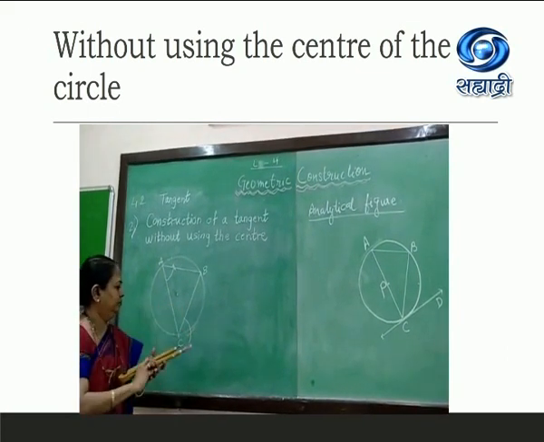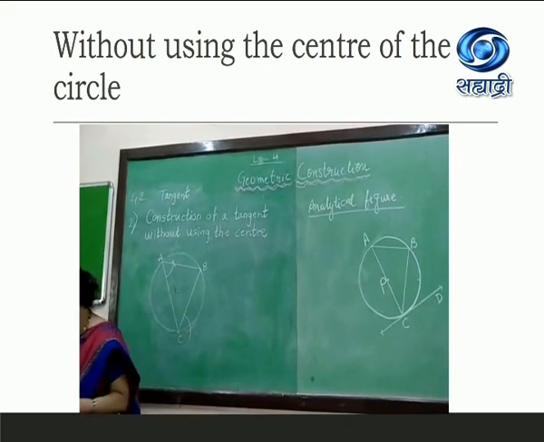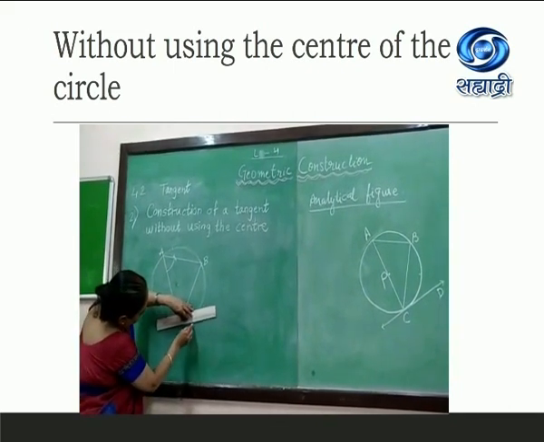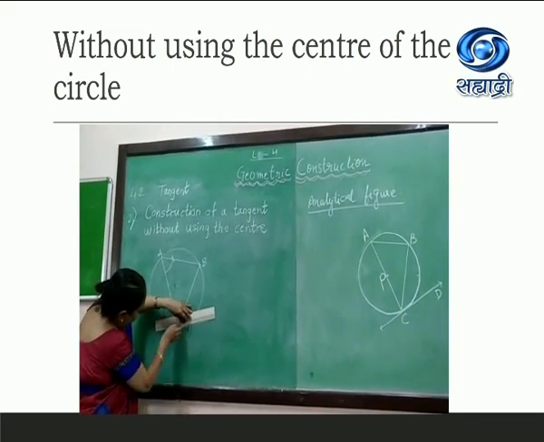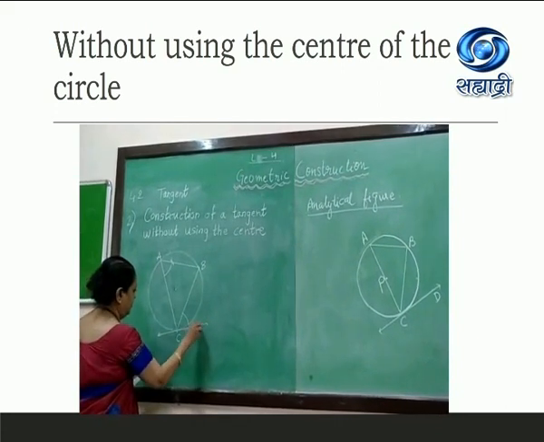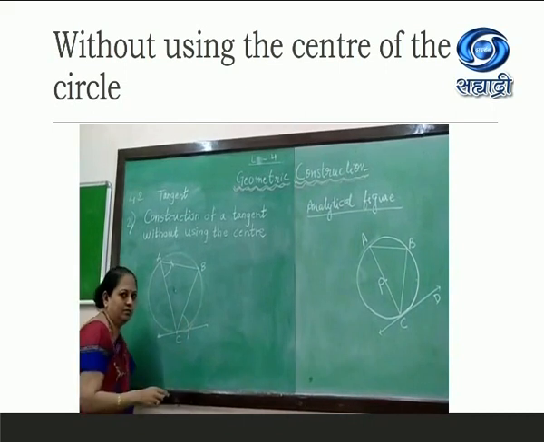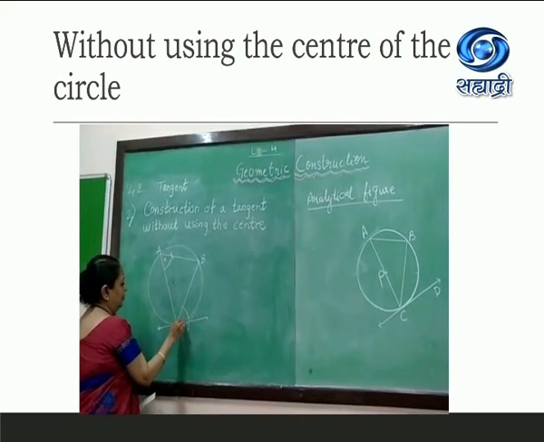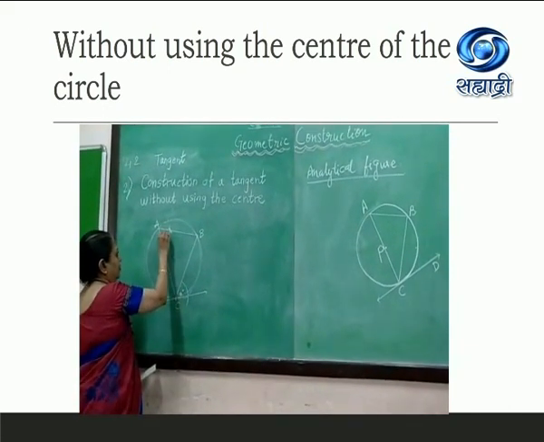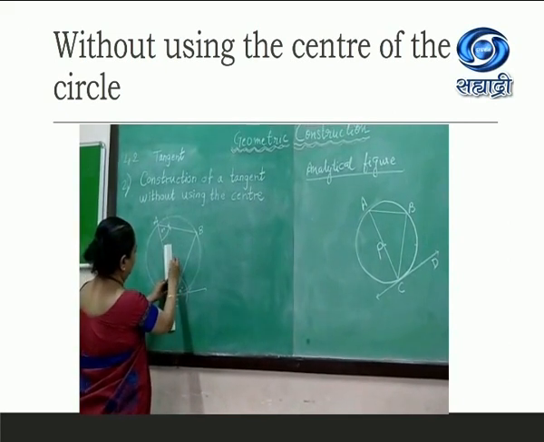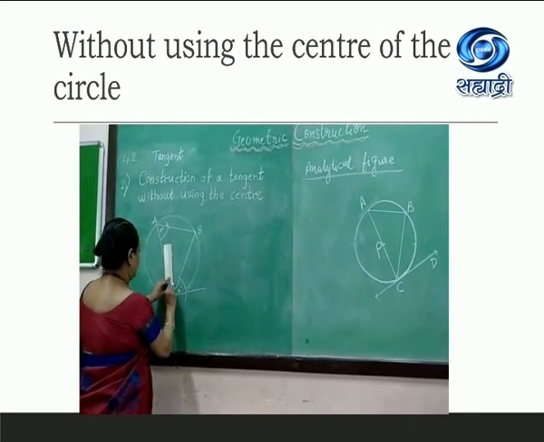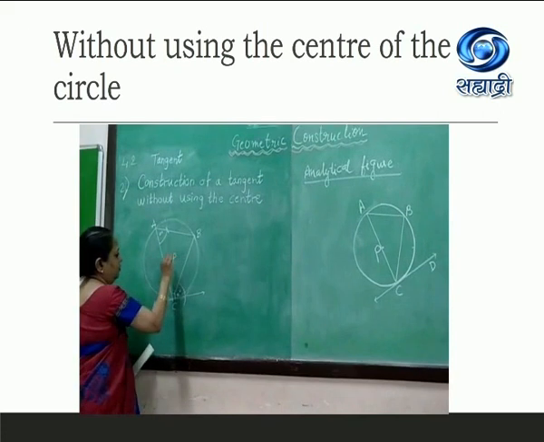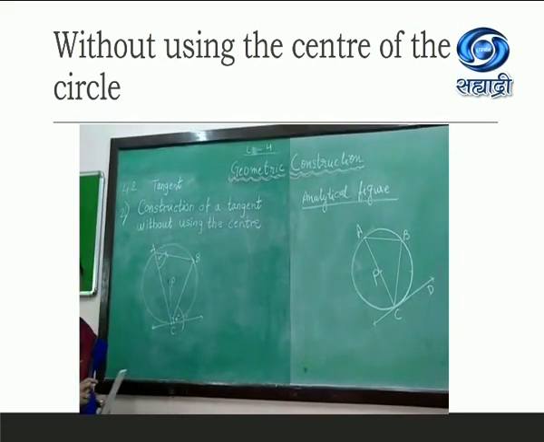Now you get one cross section. Join that point and C. This is a tangent. Name that line CD, as written in the analytical figure. And you can see angle CAB is congruent to angle BCD. If you draw a line connecting the center, you will see it will be perpendicular. So it's the required tangent.